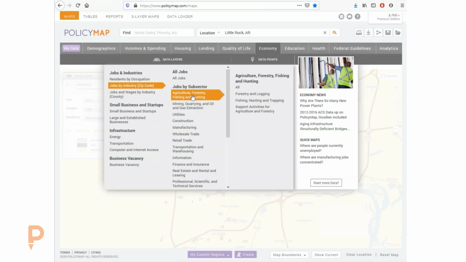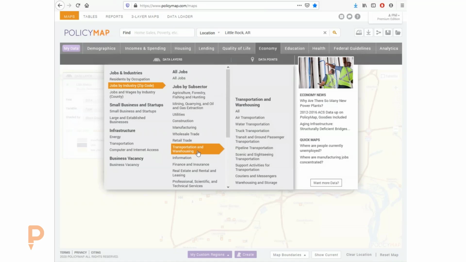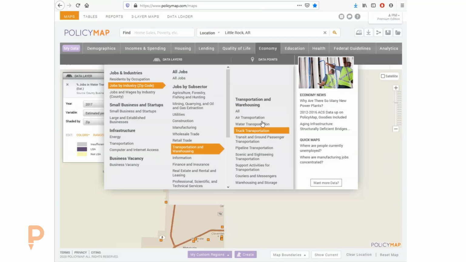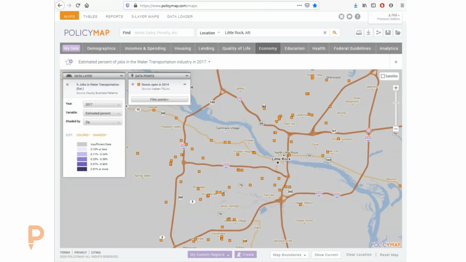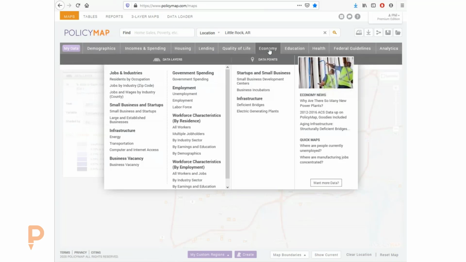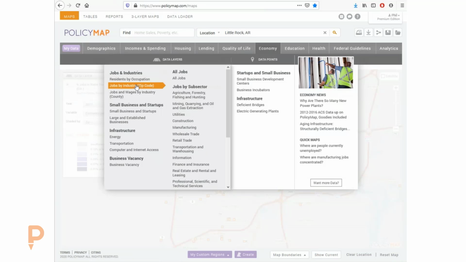So if you're looking for a job in agriculture, or a job in transportation, what BLS, which is the Bureau of Labor Statistics, does is they basically make every business answer a survey. Unfortunately, we don't have water jobs in Arkansas, I guess. But the BLS, or the County Business Patterns, is a division of the census, and they get every business to answer very specific questions about jobs and such.